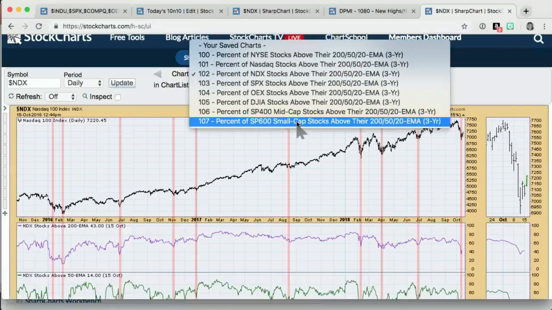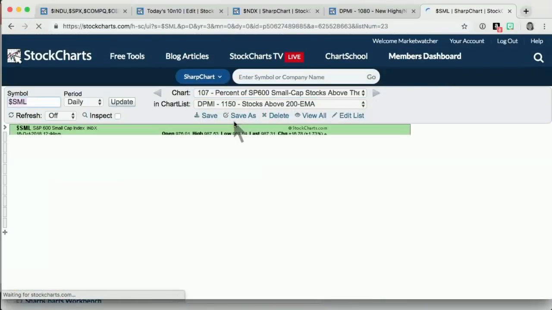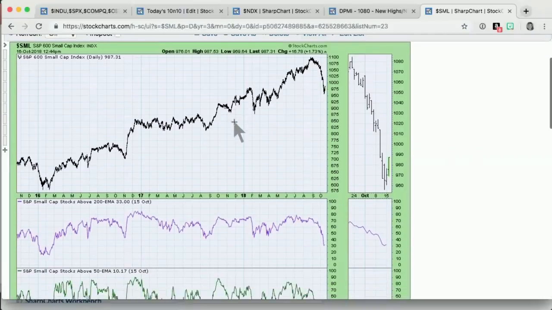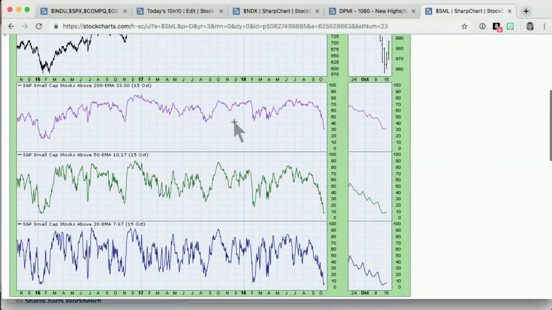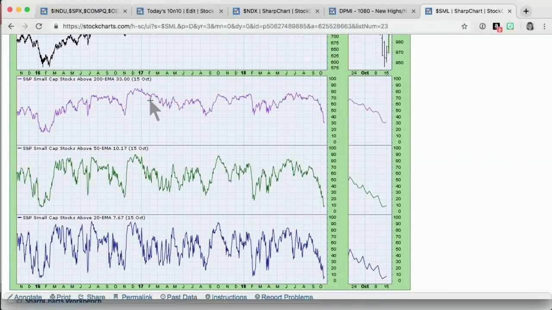And just for the heck of it, let's look at the S&P 600 just so you can see how we do have this for all of the various indexes. S&P 600, we're looking pretty ugly here. We only have a little over 7% of the small caps above their 20-day EMA. We've got only 10% above their 50. Typically you don't see these numbers on the top two take a dive quite as quickly,